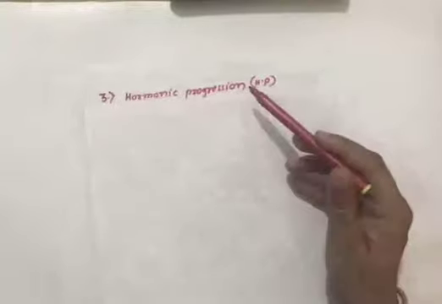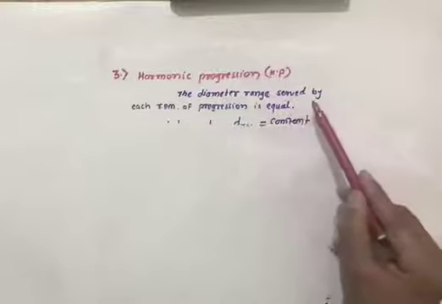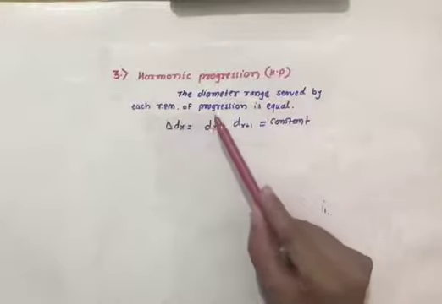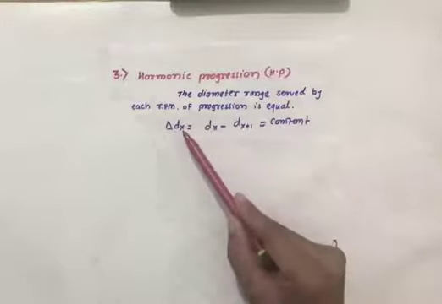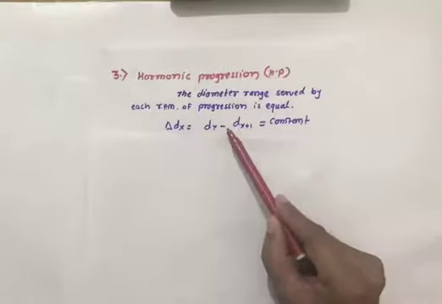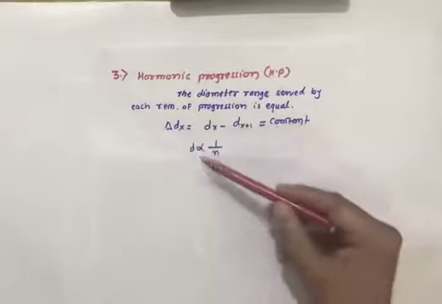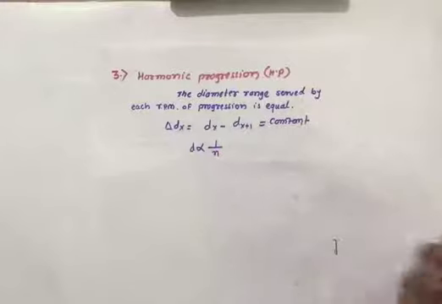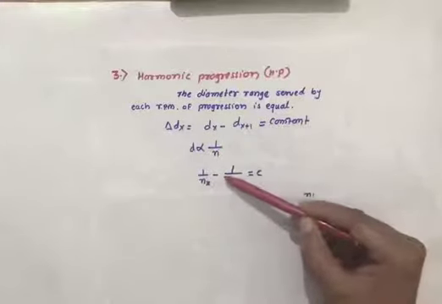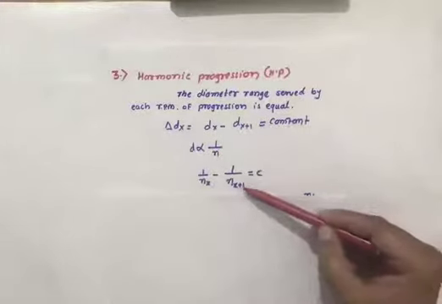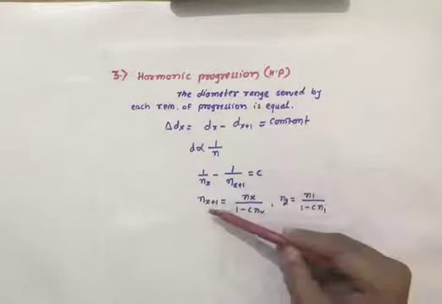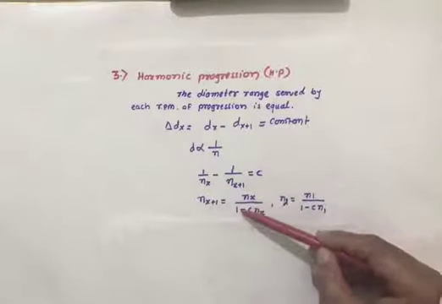Now the next law is harmonic progression. In harmonic progression, the diameter range served by each rpm is in progression, that is the change in diameter, dx minus dx plus 1, is constant. So diameter is inversely proportional to the speed, so 1 upon nx minus 1 upon nx plus 1 is constant,